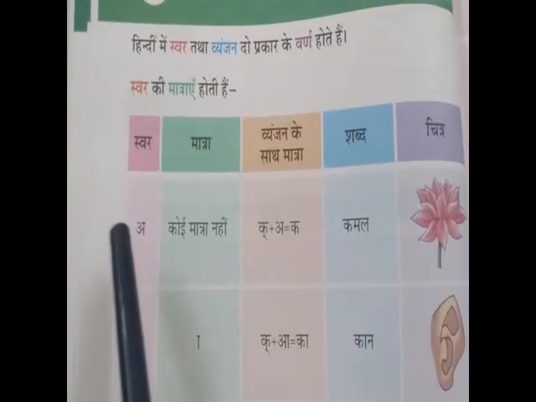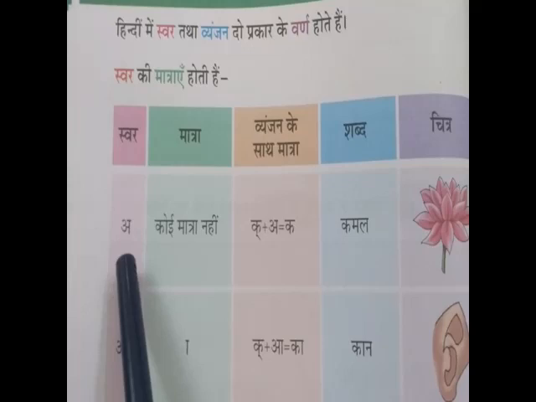So first we will start with a, because swar will always start with a. So a, koi matra nahi, that means there is no matra for the letter a. So first you can see the vyanjan which we are using is k. We will do only with vyanjan k, the rest we will do as practice. What we are doing? We are making one small line over here after k, one down, right? This represents that this ka is half.